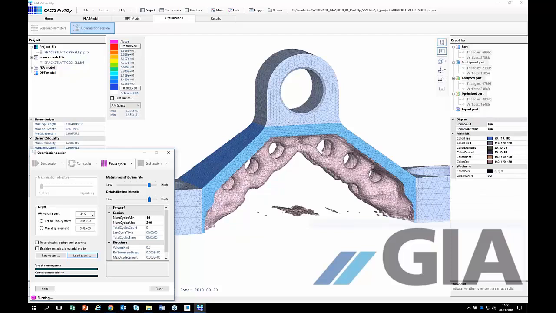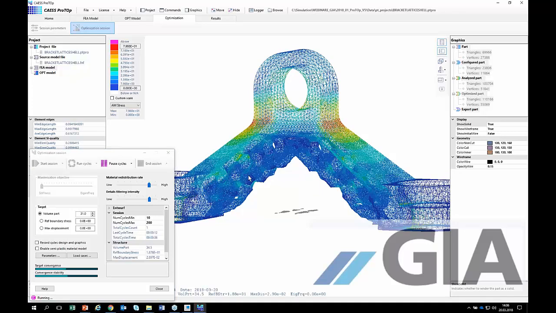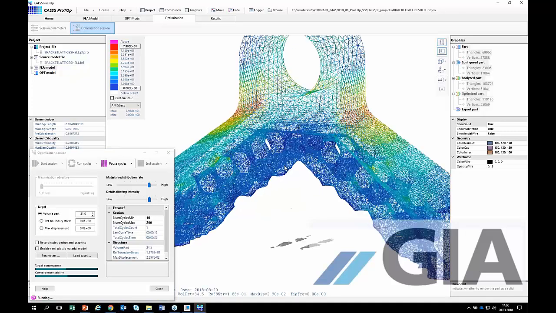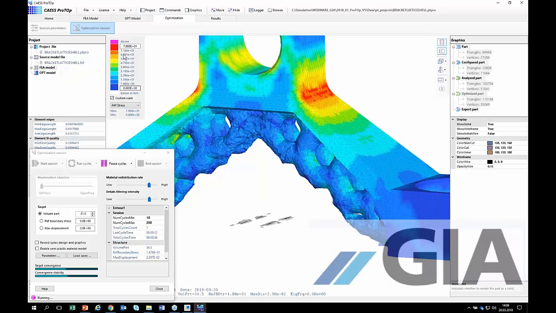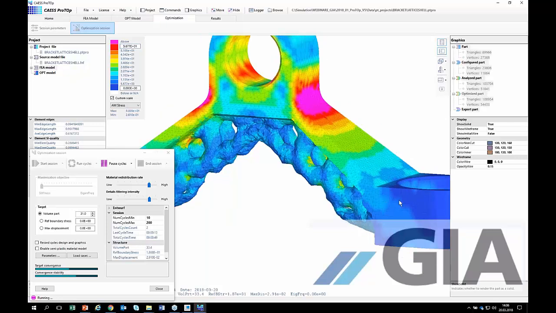Here we see that our mesh is much more dense, therefore I'm getting much better stress results, and the optimization target should be maybe around 31%. So ProTOp is now taking out also those elements there, and it's doing, with a very dense mesh, a nice stress calculation. So I'm changing here the values for my stresses, and I let ProTOp